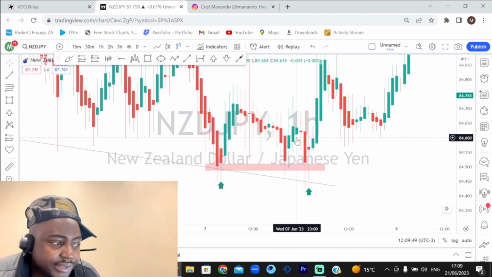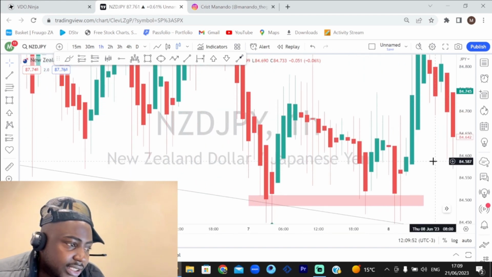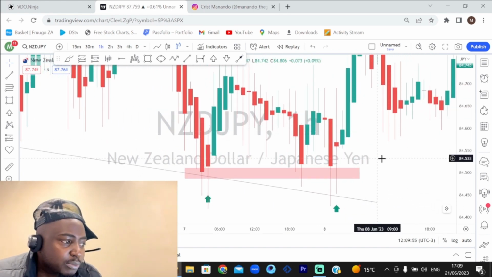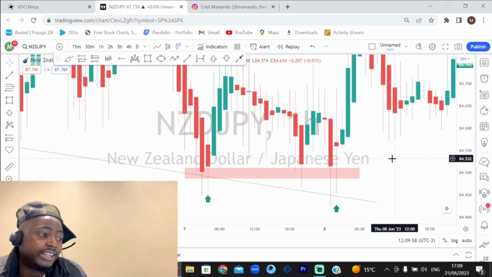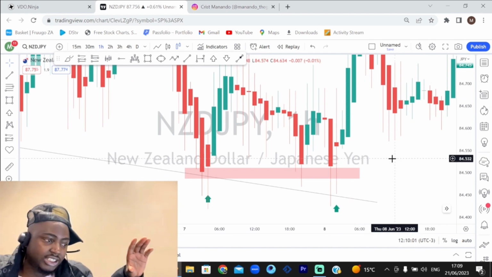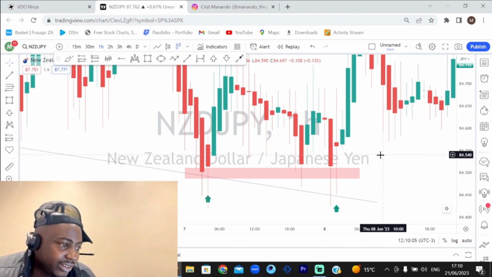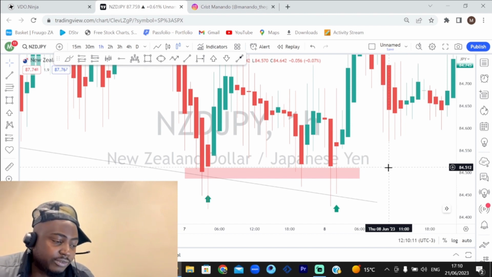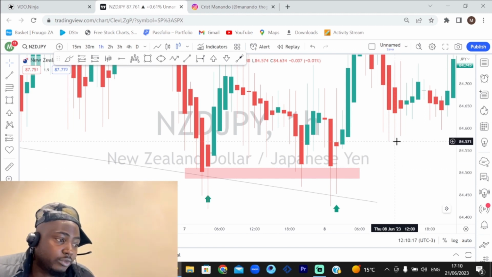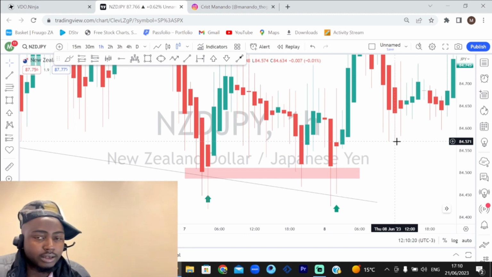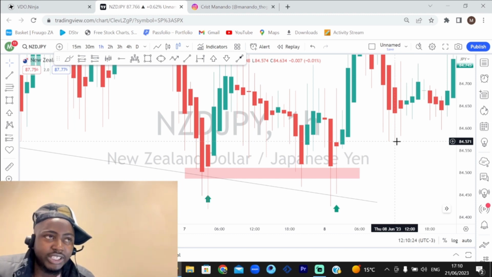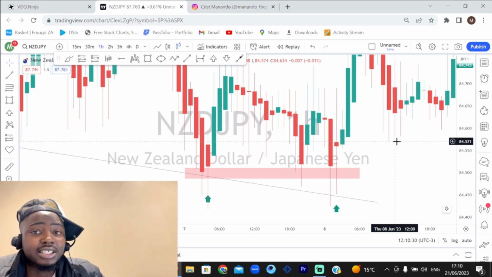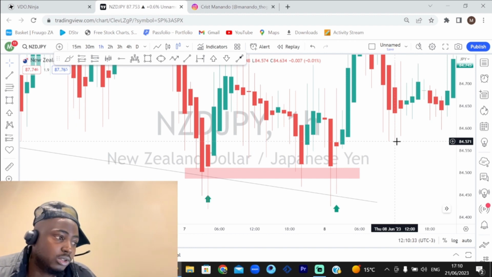The reason being is, let me just zoom in so you guys can really see what I'm talking about, because this is very important, because most traders don't really look at candlesticks itself. They just look at the structure, the pattern, and that's the end of it, which works for some people. But if you want to be more certain about your setup, you must be sure you don't want mistakes, in case you're growing a small account. If you blow the current account that you have, like say you won't have money until the next month to deposit. So if you look at the candlesticks itself and see what they're telling you, you will have higher